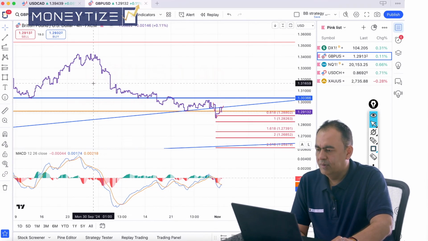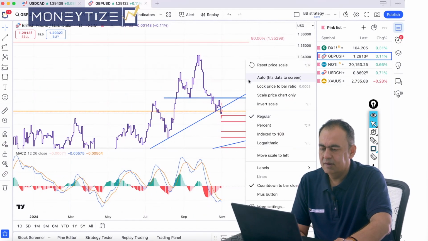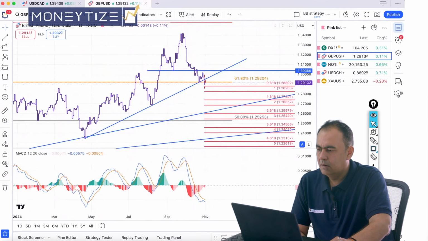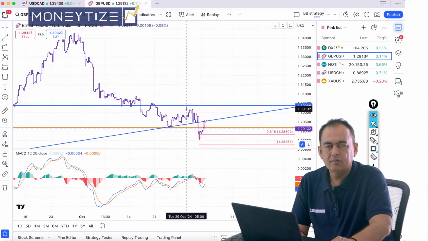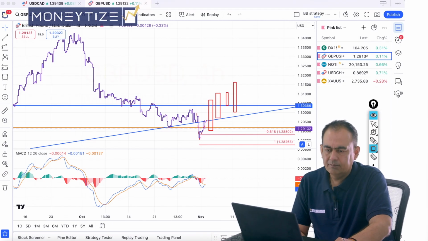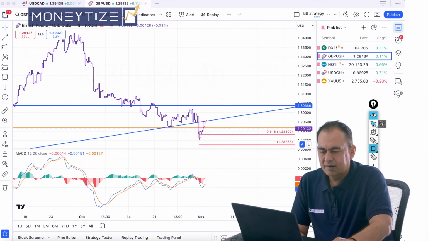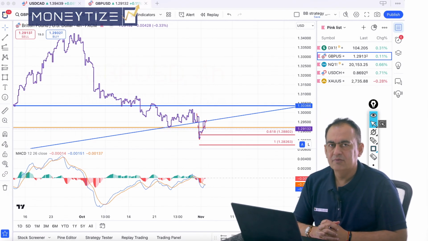The invalidation would be a close above, give me a second, if we get a daily closing or a 4-hourly closing higher than this level, that's around 1.3000, the psychological round number. So any break of 1.3000 in the bullish direction with a valid retest should be taken as invalidation of this bearish plan. Now, since dollar is expected to remain elevated, remain stronger until US elections or Federal Reserve's announcement,